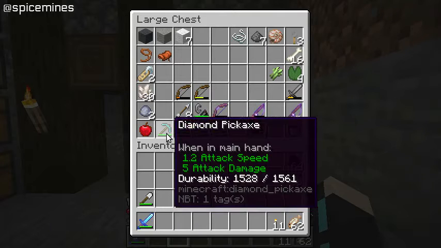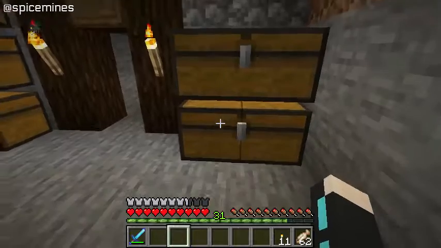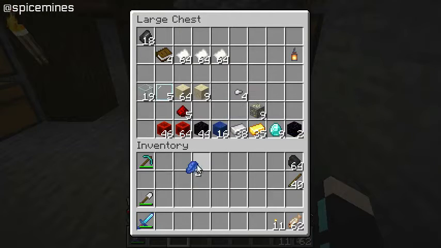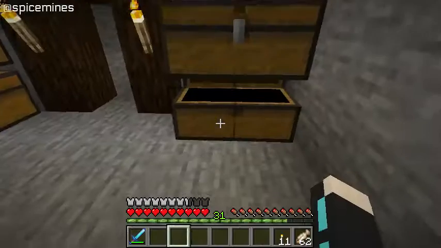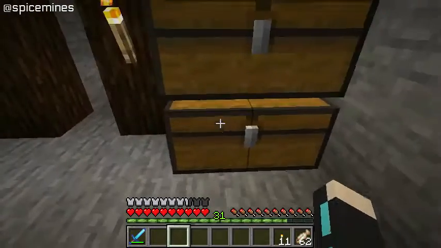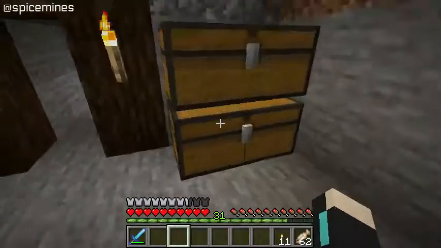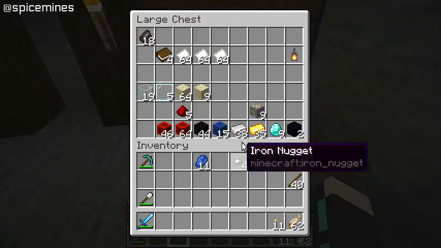I got a bunch of experience, so I can actually go ahead and enchant this diamond pickaxe with that Unbreaking enchantment that was available here. So let's go ahead and start off by enchanting this pickaxe. I want that enchanted because I'll definitely be using that. And another thing that I want to do,